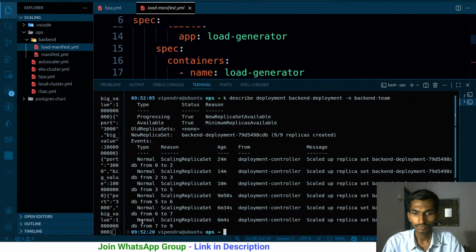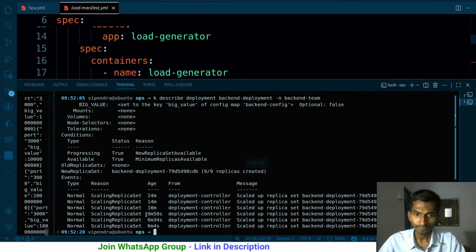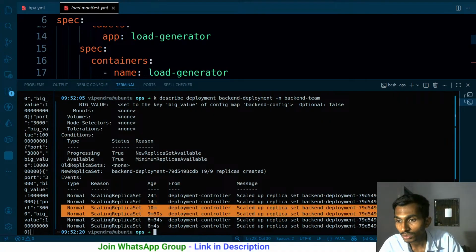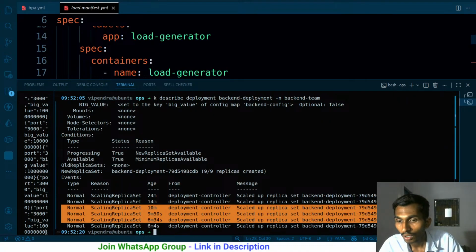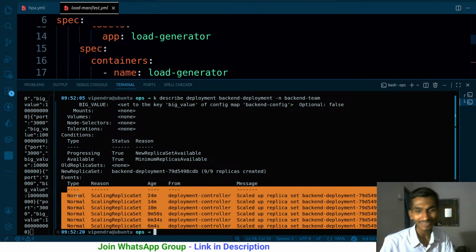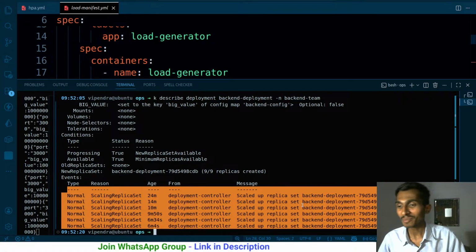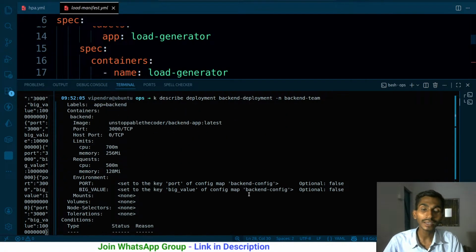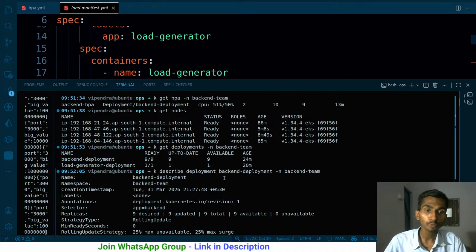Backend team. If you have a look over here, initially there were 0 to 2, then 0 to 3, 3 to 5, 5 to 6. These are the replicas, the number of replicas that I have. Great. So ultimately, this is how the number of replicas increased as per the load, and as the number of replicas increased,